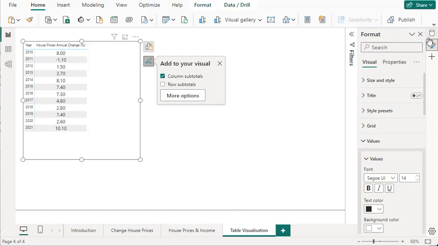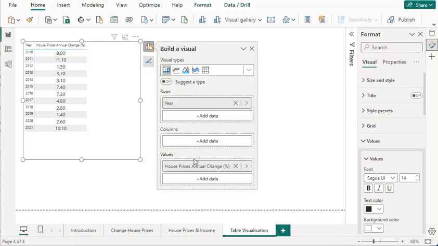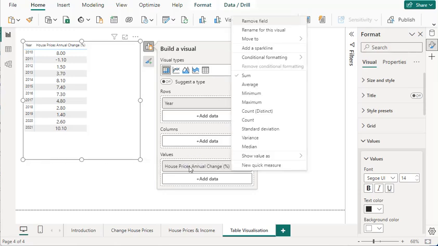And if I go back into my build a visual and I click on the name of the visual and I right click with my mouse, one of the options I get is conditional formatting, and I get a number of ways I can format the information. I'm going to select data bars,